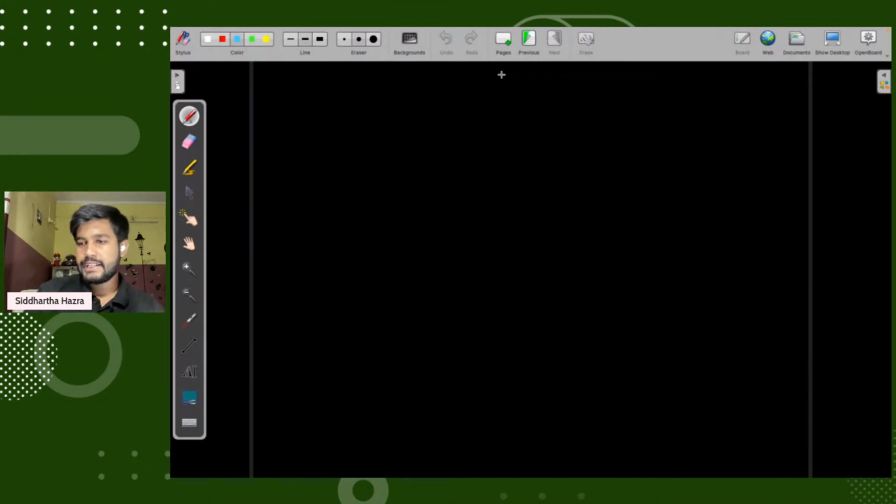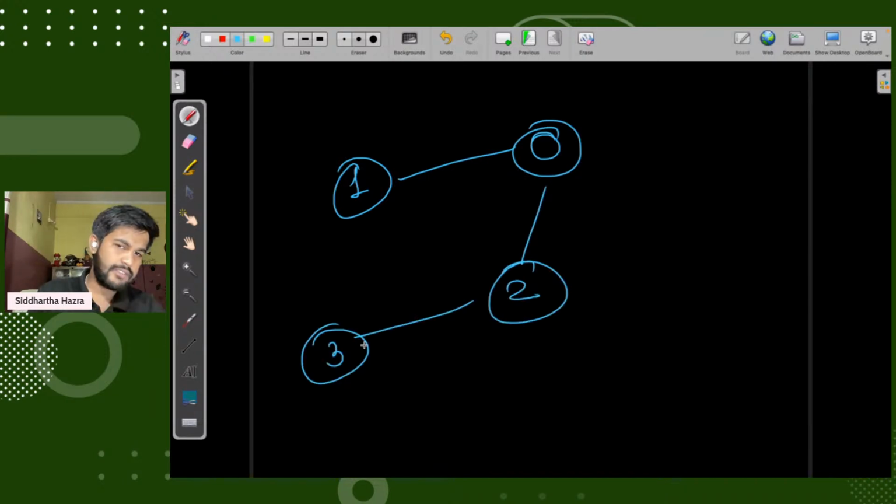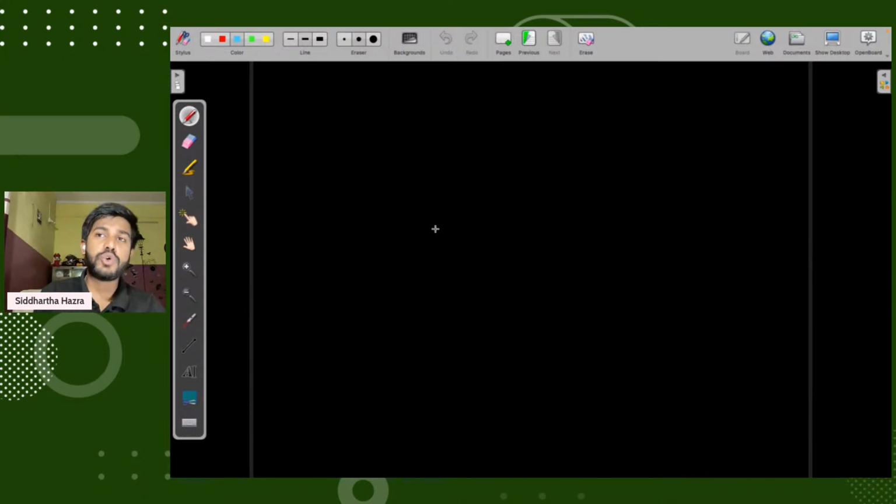So let us move forward. We saw that we can have graphs. Now the very first thing is we know that this is a graph. But suppose I want to have this kind of graph: 1 to 0, 0 to 2, 2 to 3. Then you can observe that I can't really draw it. This is not MS Paint where I can really draw a graph. So if I'm needed with the thing known as graph, I need to store the graph. So storing is a big option here.